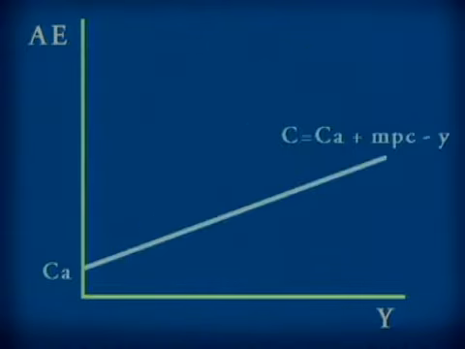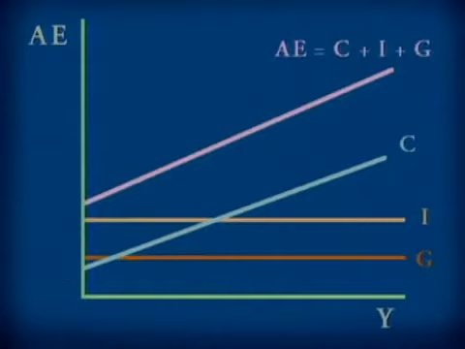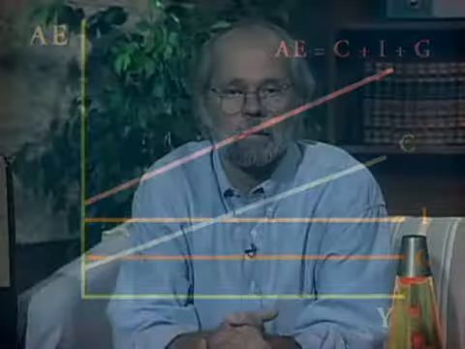The consumption function plots as a straight line. The vertical intercept represents autonomous consumption, and the slope is equal to the marginal propensity to consume. Remember, consumption is a function of income, so it rises with increasing income. Investment expenditures are autonomous in this model, so the investment function plots as a horizontal line. We can add consumption and investment together, as we can government spending, which is also autonomous. At this point, we've considered the behavior of each component of aggregate expenditure. Now we'll put them all together in a model and see what happens.